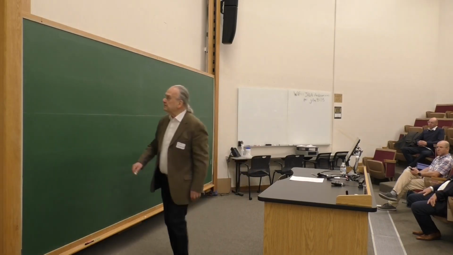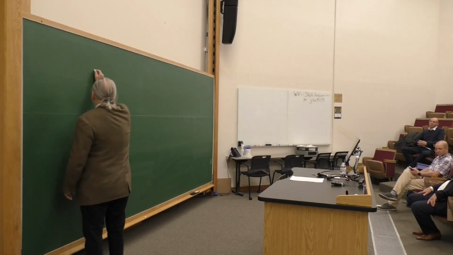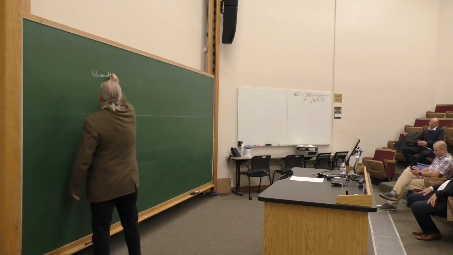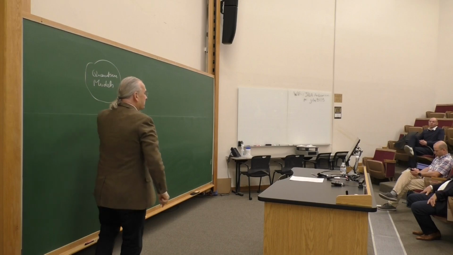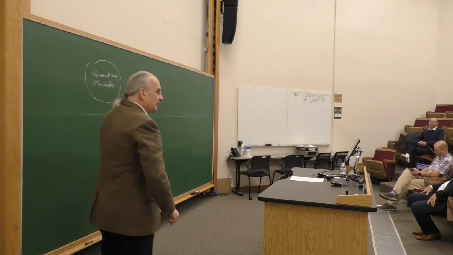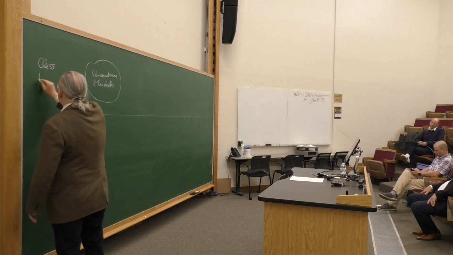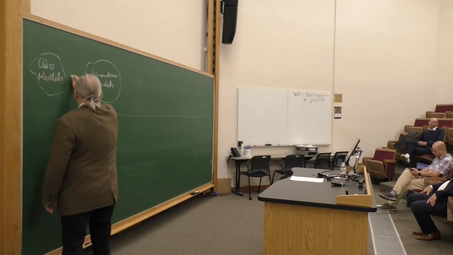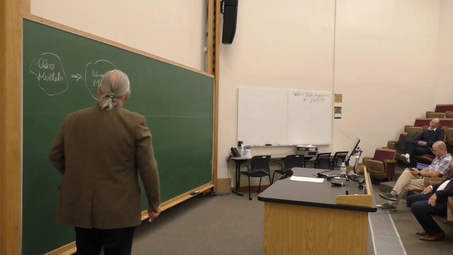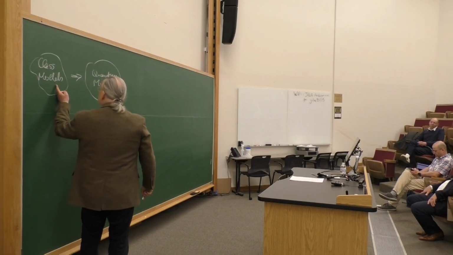Geometric quantization tries to get quantum models, you can say these are the set of our quantum models, whatever that is. I will try to explain it a little bit later. And out of classical models, I will explain this also in detail. And the question is how to get quantum models out of classical models.